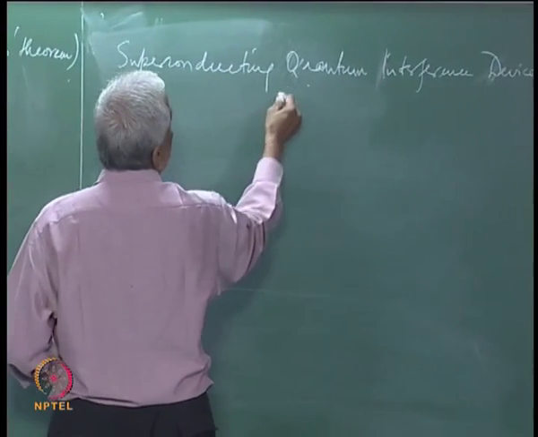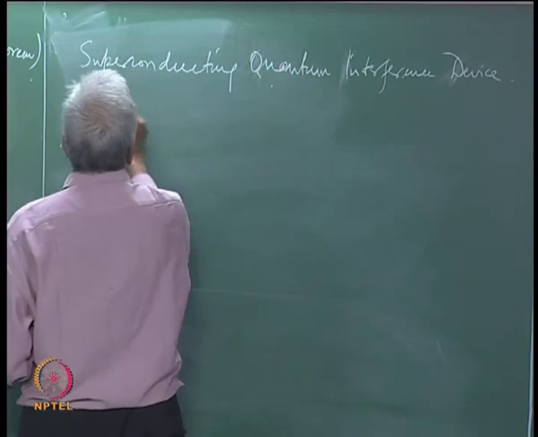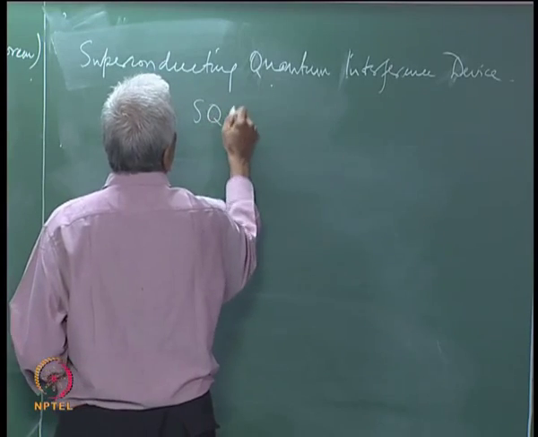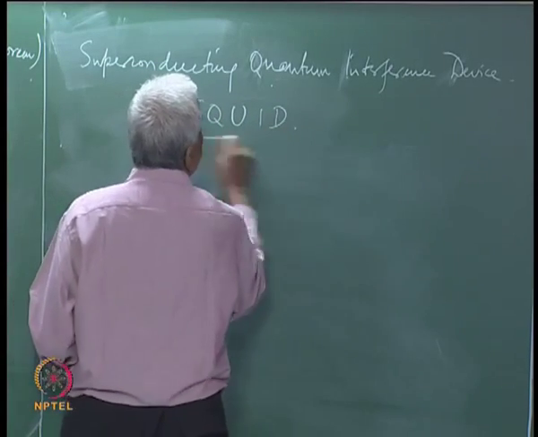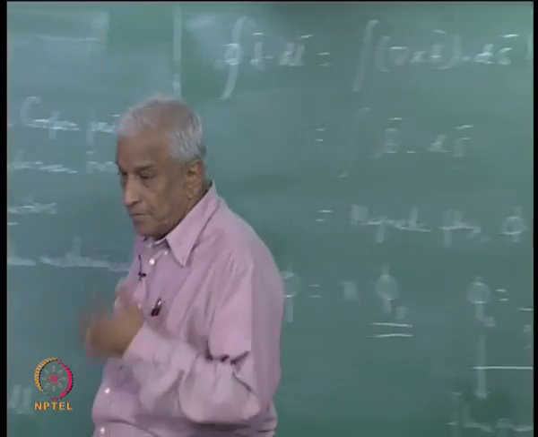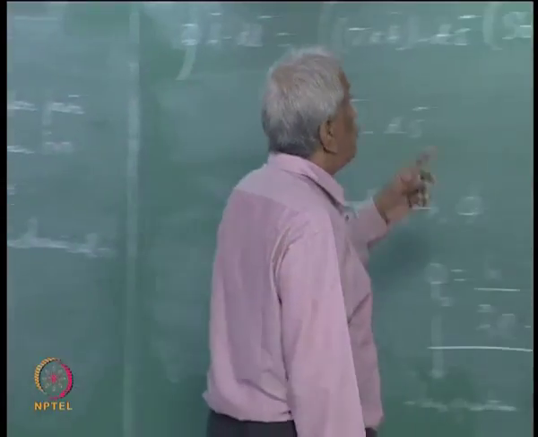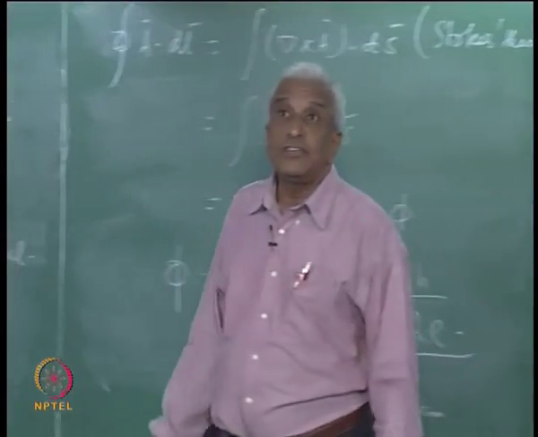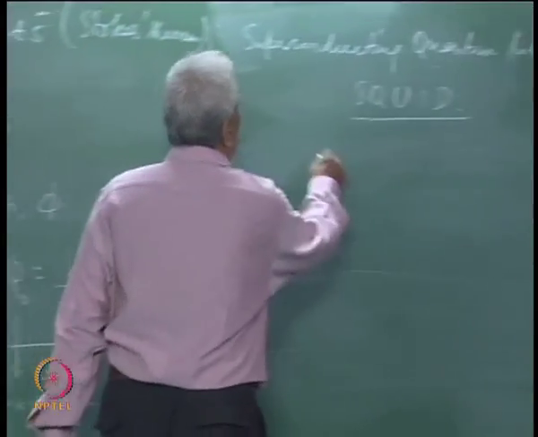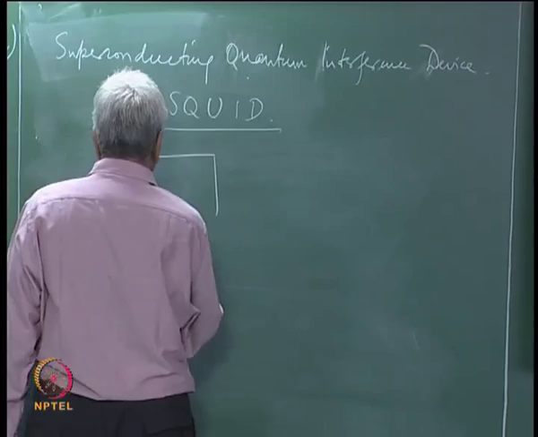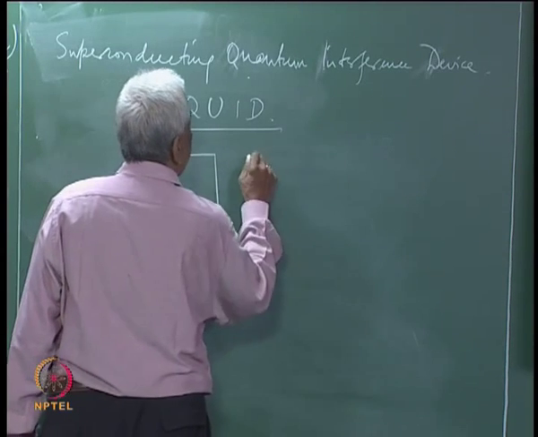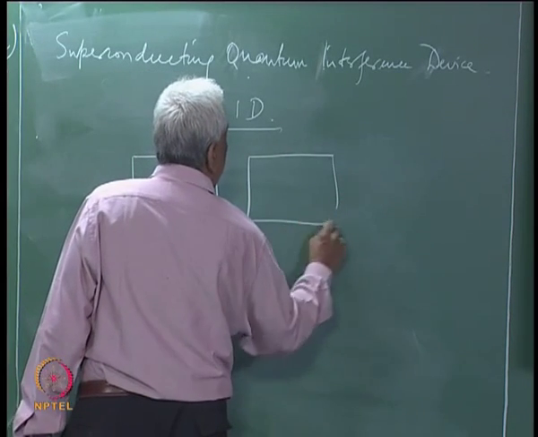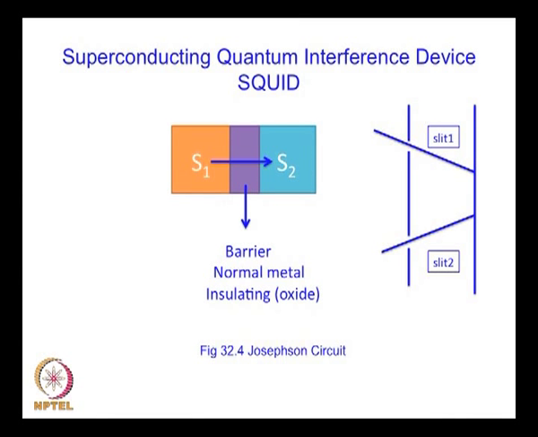So, this is known as a squid. A squid is a superconducting quantum interference device, which basically consists of two superconductors separated by a barrier. This barrier can be a normal metal,